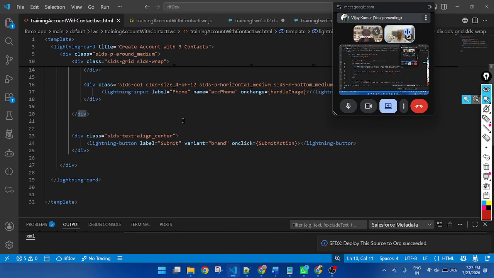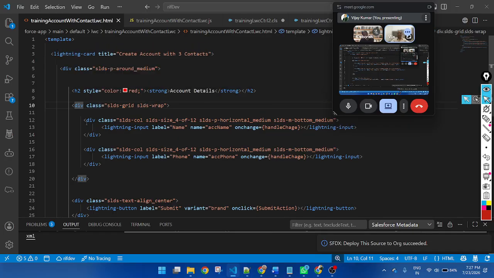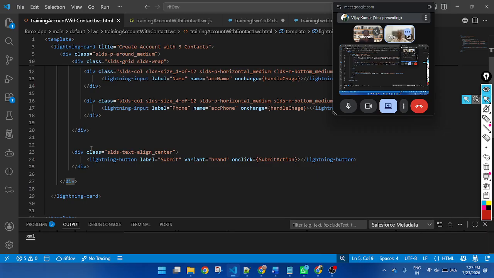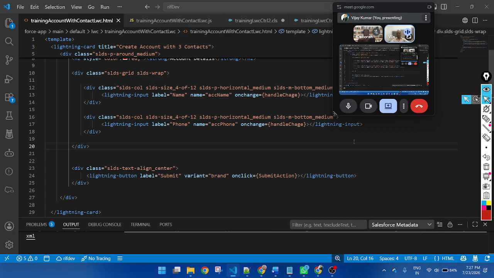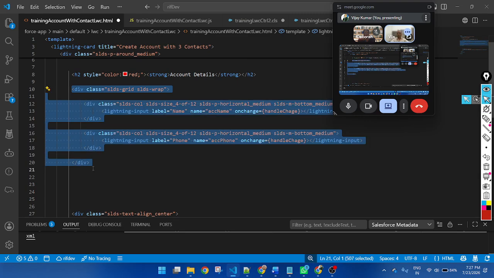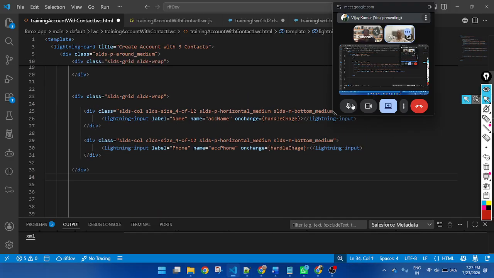So first form I created. Now let me create the second one. This is a wrapper, this is a P around medium. This is a button. So before the button, I will create a div. Simply copy this one, paste.